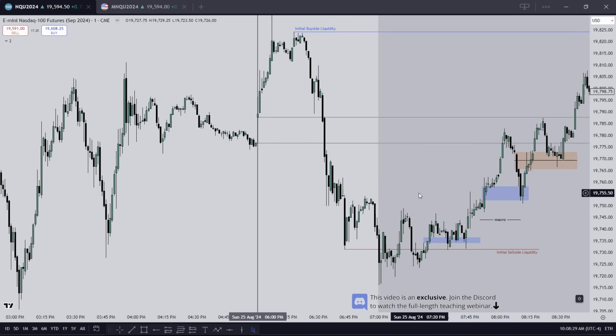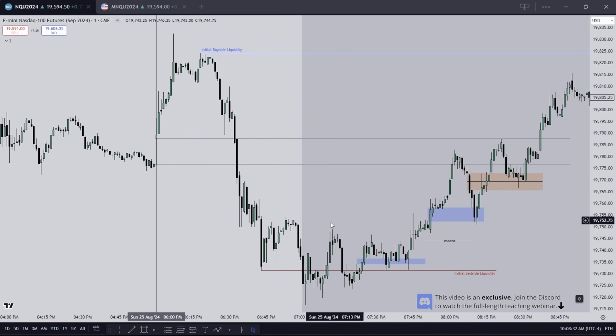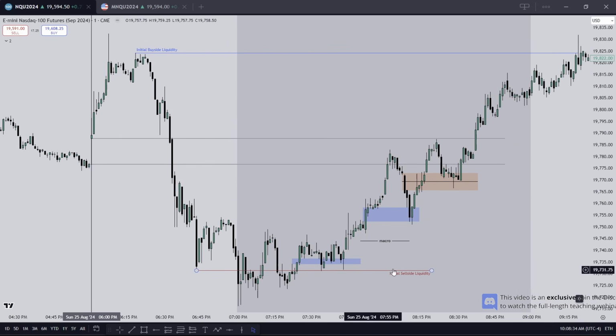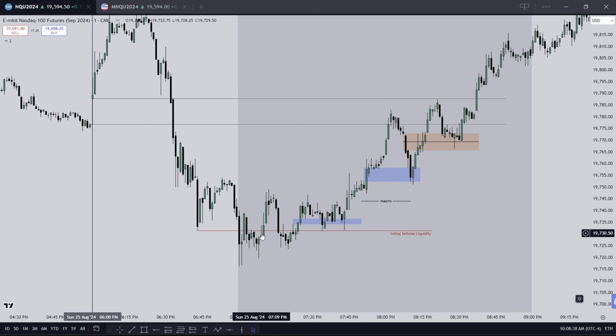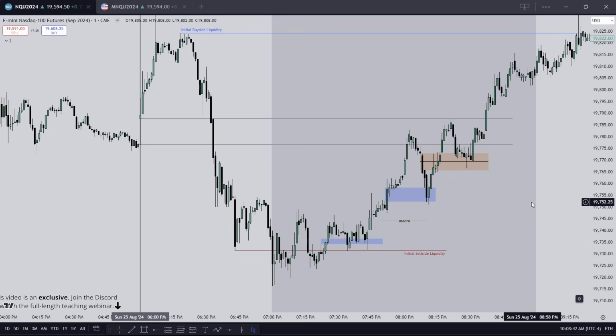And you want to trade Asia after 7 p.m. 7 p.m. to 9 p.m. is your window for Asia, okay? And I'll save this so you guys can take notes and go back later. But 7 p.m. to 9 p.m. is your time window for Asia, New York time. Now,